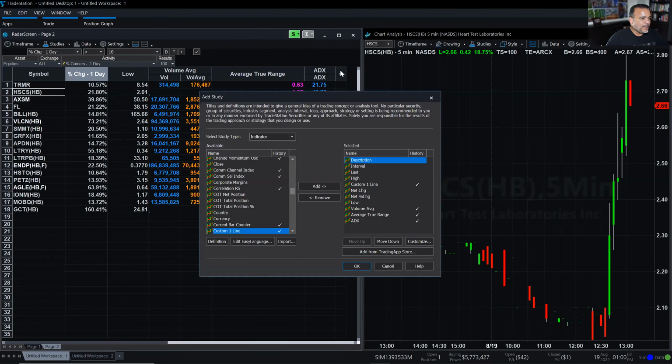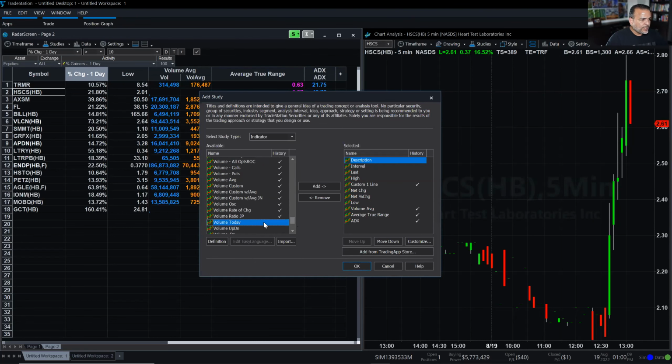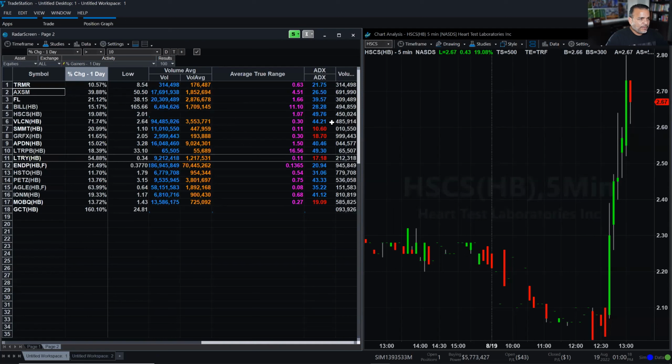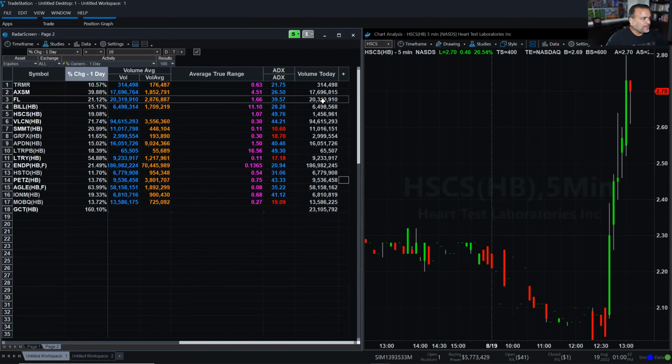Let's look at just regular volume and see. Let me add volume today. I'll add it. Let's move it down all the way to the bottom. So today, the HSCS keeps on going to the bottom. Volume today, what's wrong with this? Okay, volume today for HS is about 1,400,000 shares. Not bad,